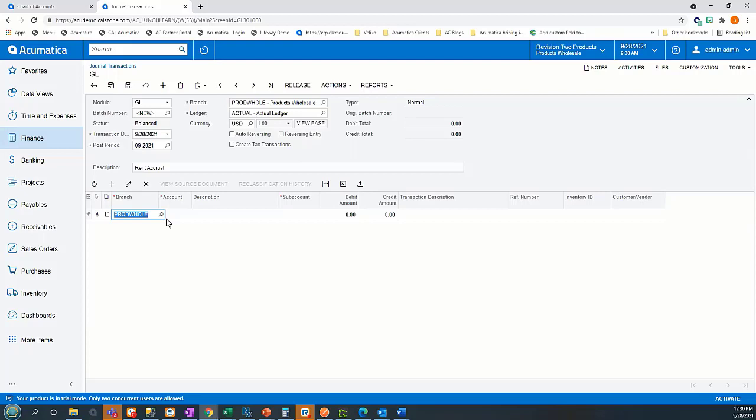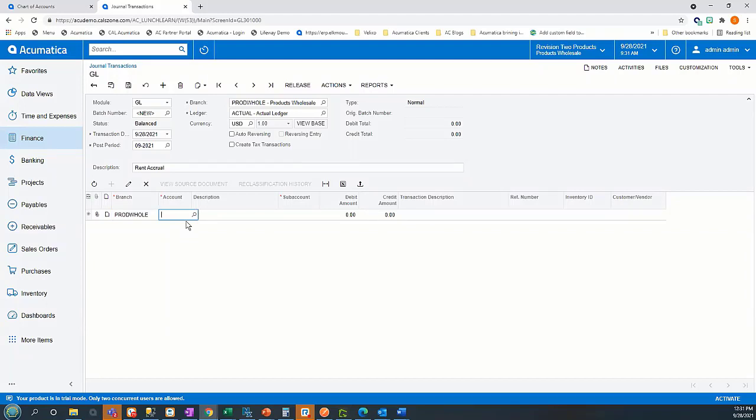Now, what I'm going to be showing you today here in this journal transaction screen carries over into your payables if you're putting in a bill, or if you were doing a receivables invoice. These different methods that I'm going to illustrate for getting this transaction into the system are available throughout the system. So the first example that I'm going to show you here is I'm just actually going to manually key in